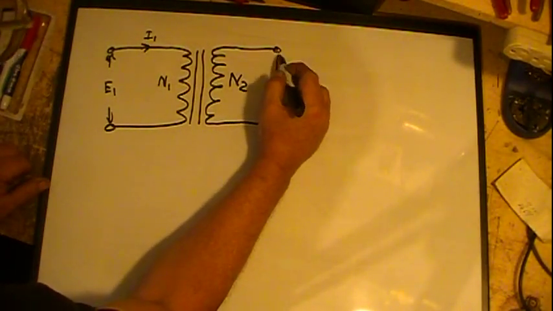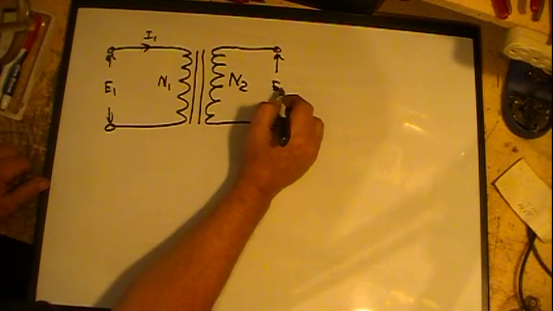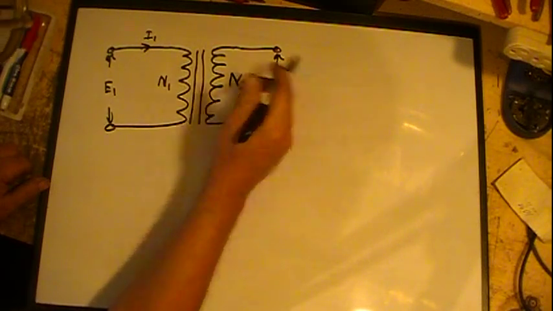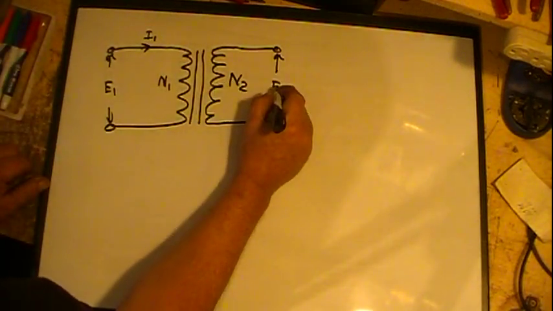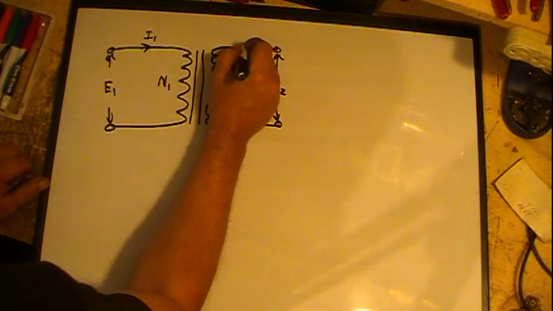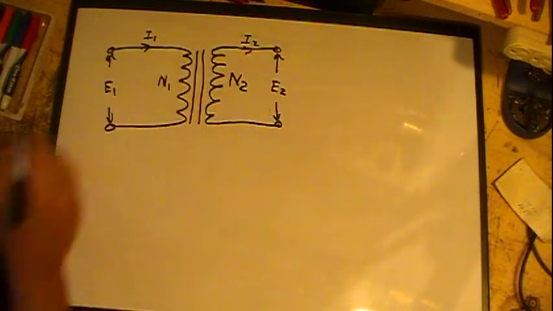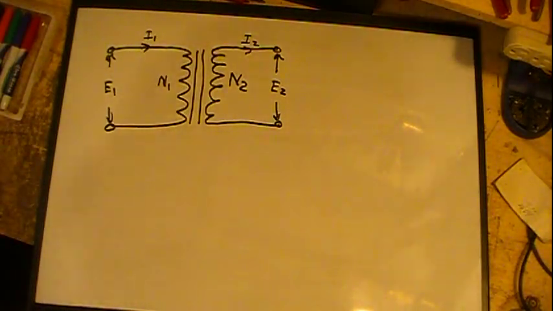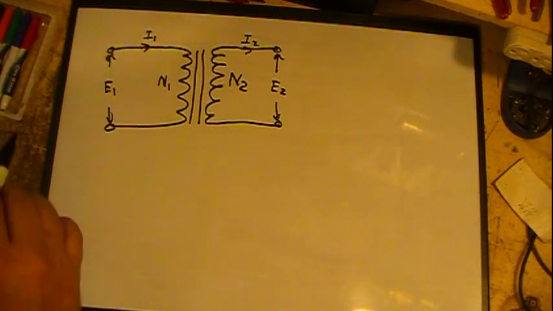Same thing on the output. On my secondary, I have E2, and for a current, we have I2. Okay, there's our ideal double wound